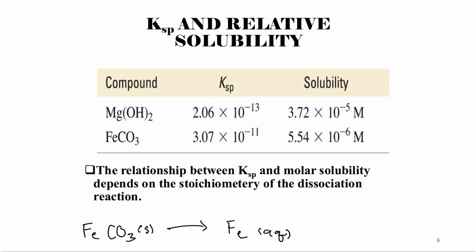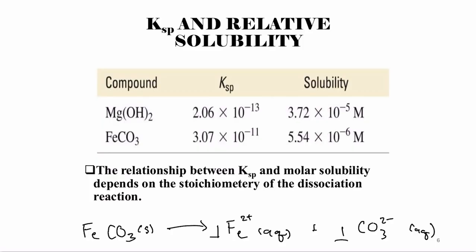Fe aqueous plus CO3 aqueous, right? What's the charge going to be on iron? It should be positive 2, because carbonate has a charge of 2 minus, right? So our coefficients are each going to be 1 here,